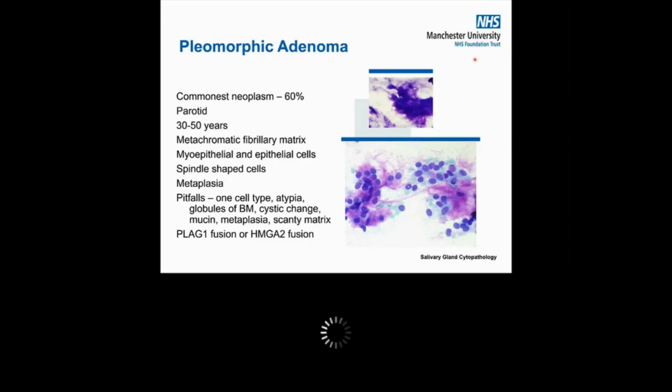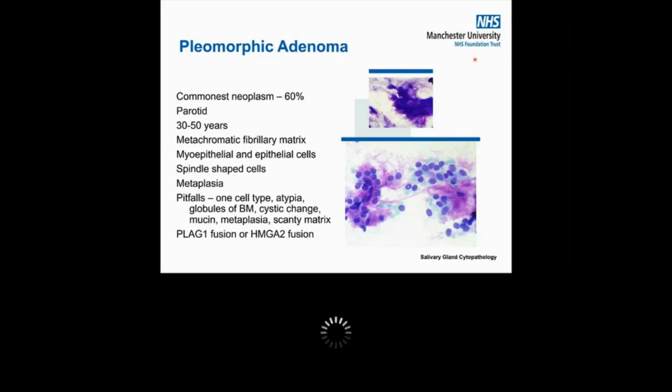The most common problem we face with pleomorphic adenoma on cytology is when there is a paucity of matrix material, and often we can't establish a confident diagnosis in those cases, and they're often categorized as salivary gland neoplasm of uncertain malignant potential. If we have PLAG1 IHC, this can help, but often the labs, at least in the UK,